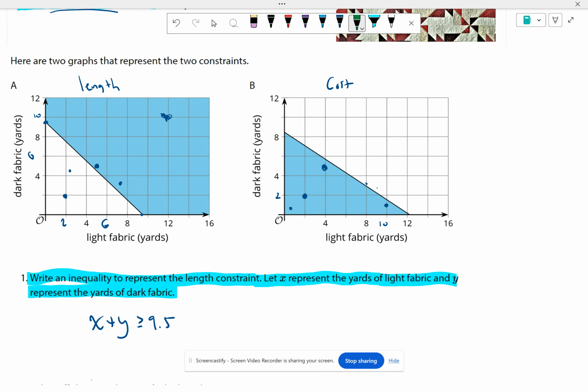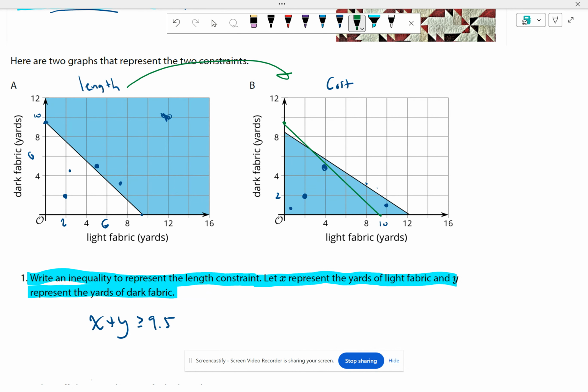Now I'm going to come up with a solution, but the solutions that you could have come up with, you'll have to check if they're right because there are many solutions to the situation. Now my strategy here is I'm going to put these graphs together. So I'm going to put my length graph on top of my cost constraint graph. So right here is 9.5, and then right here is about 9.5. If I were to connect these lines,